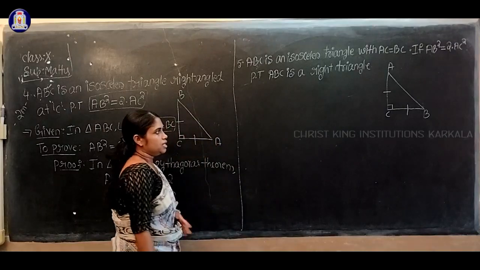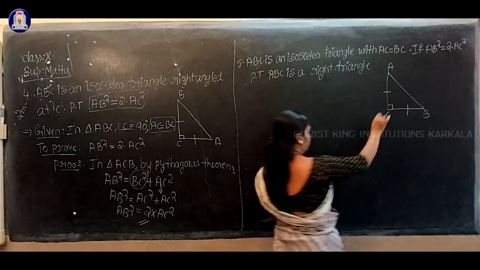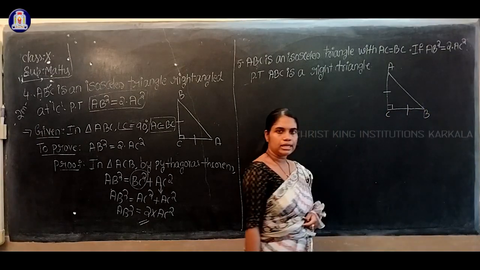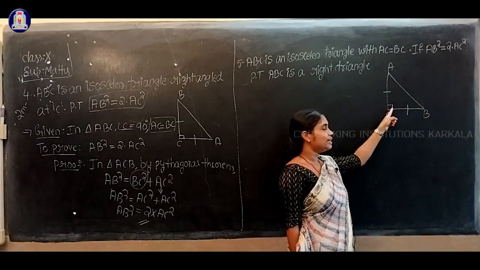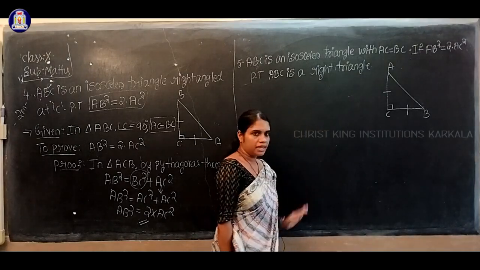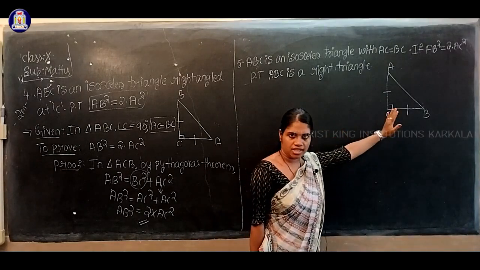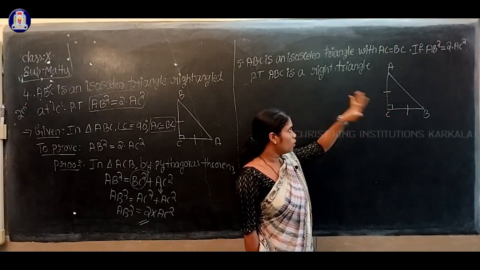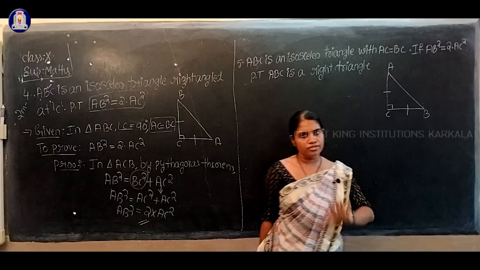See, this is your figure. ACB is a right angled triangle, right angled at the point C. See, at the beginning they have not given that this is a right angled triangle, they have given just that it is one of the triangles. What is that? ACB is one of the triangles.